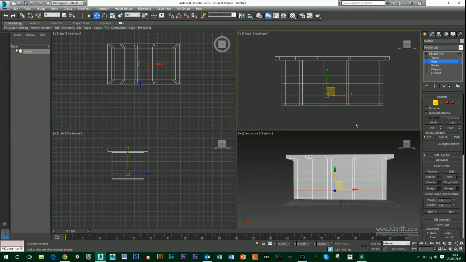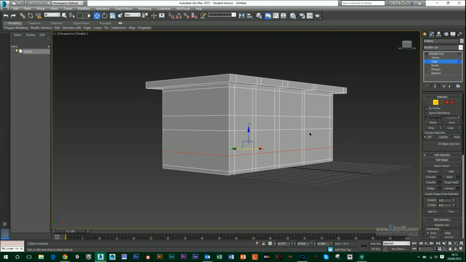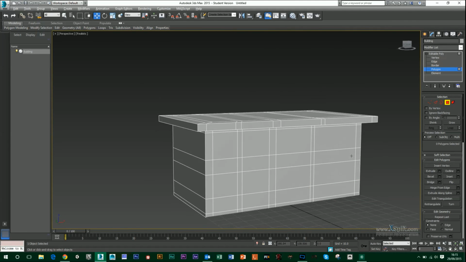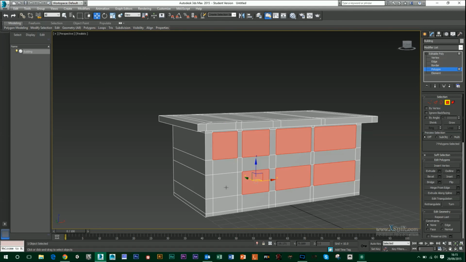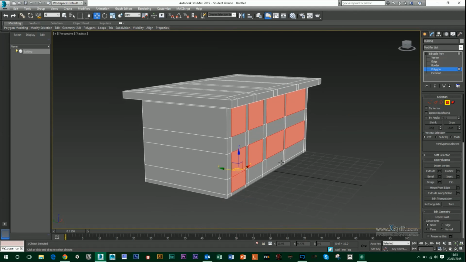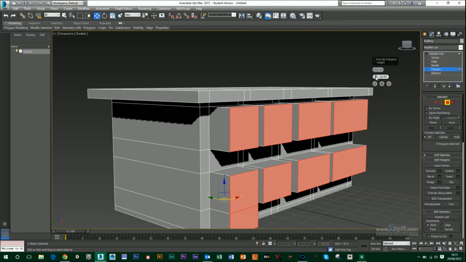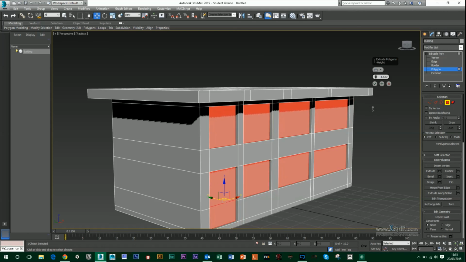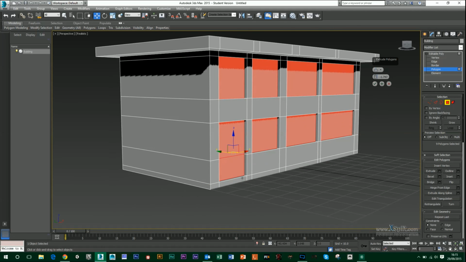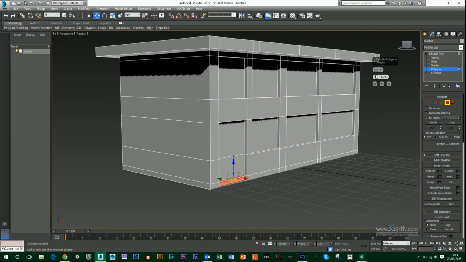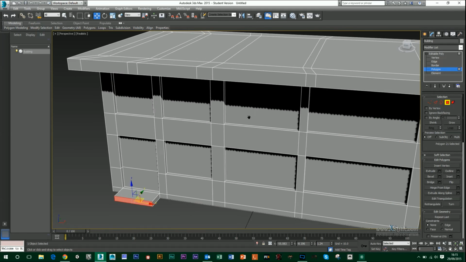So let's press space here and get back out to our perspective window. You can see now I've made sections here for windows and then one here for a door. All I have to do again is click on the settings for extrude and push those in. And then for the bottom one, I'll just press this plus icon and continue. I'm going to make that one step out. And that's the beginning